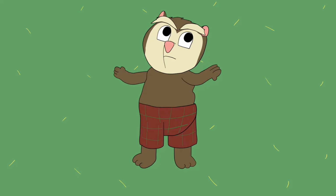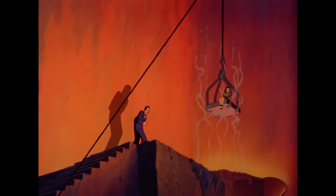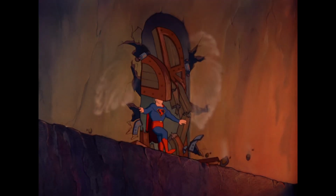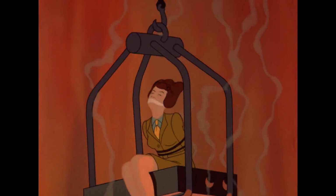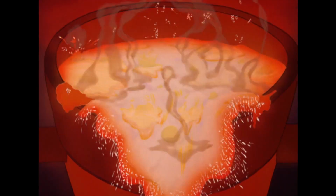Well, that's one way of shutting them down. The inventor tries to barricade Superman out, to no avail. Take one more step and she's doomed. Well, it did say take one more step. But Superman saves Lois, so the inventor pours the molten slag on them both and...